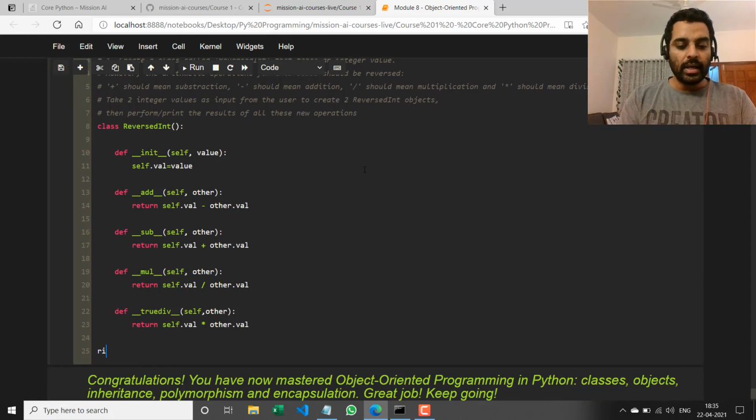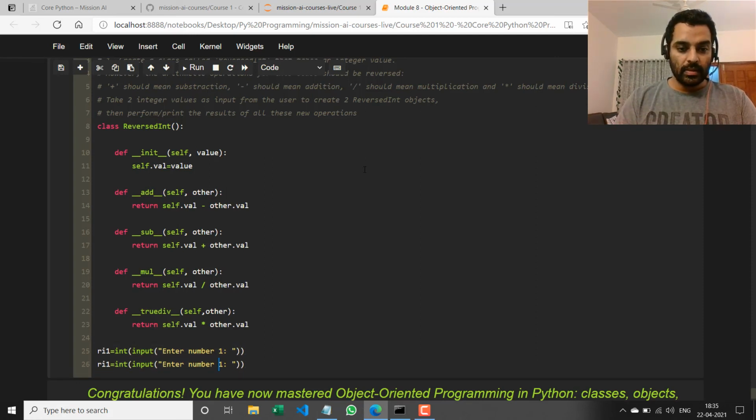So I'll say ri1 equal to int of input from the user, saying enter number 1, right? And then I'm going to say a similar message for enter number 2, and I'm going to call it ri2, reversed int 2.